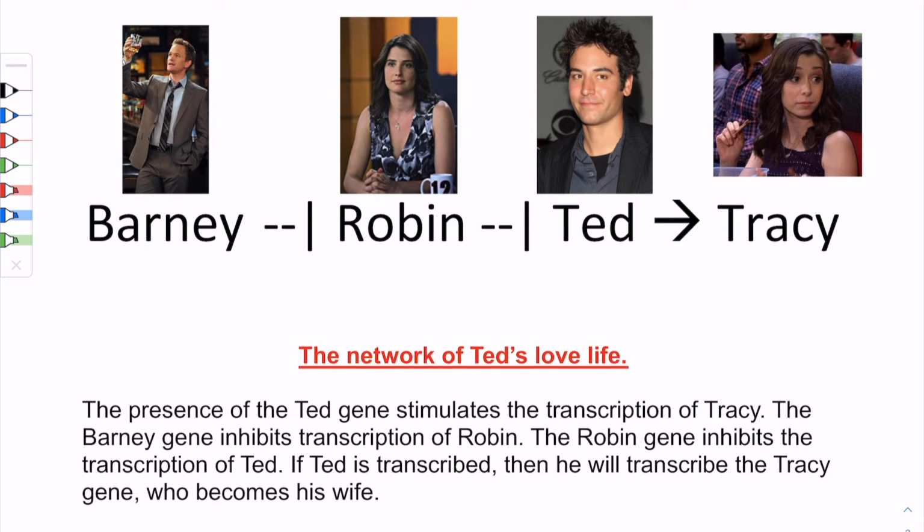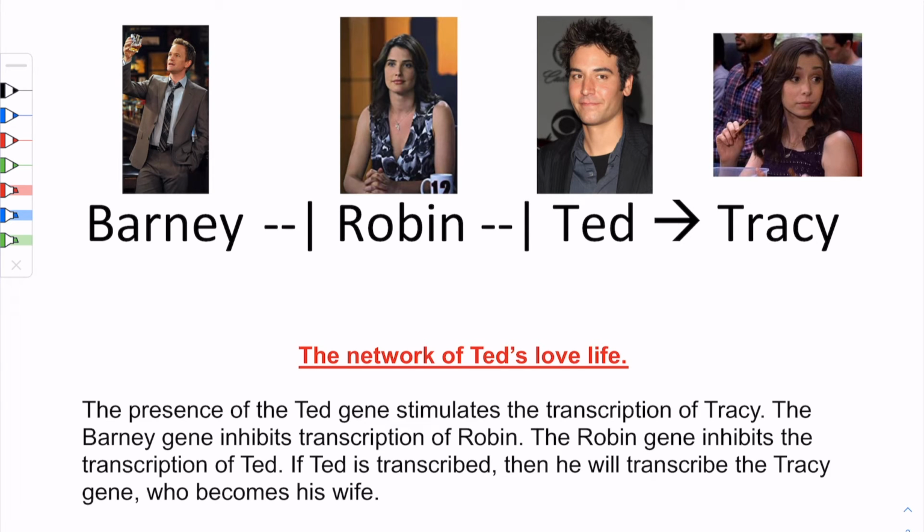We can see that the Barney gene inhibits the transcription of Robin, and the Robin gene inhibits the transcription of Ted. So if Ted is transcribed, then he will transcribe the Tracy gene, who becomes his wife. So that means that if Barney blocks Robin, so if he falls in love with her,